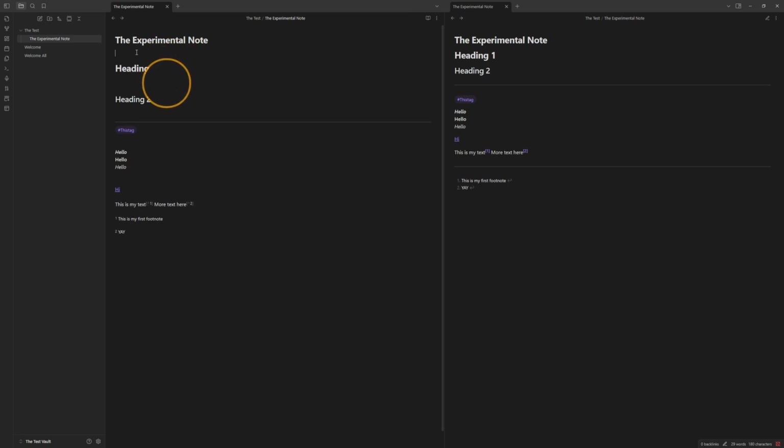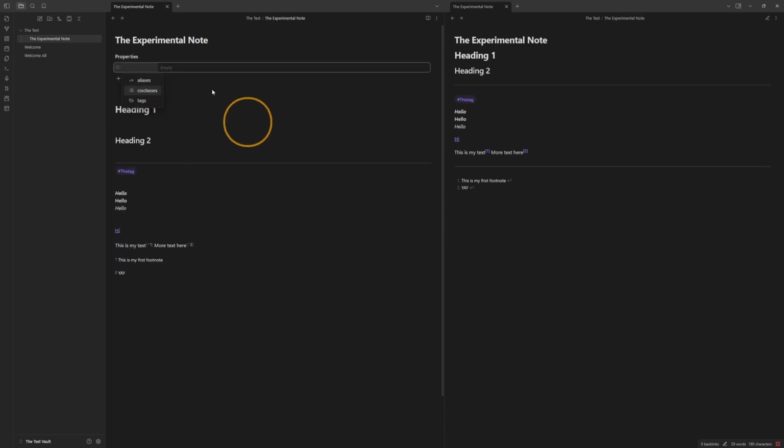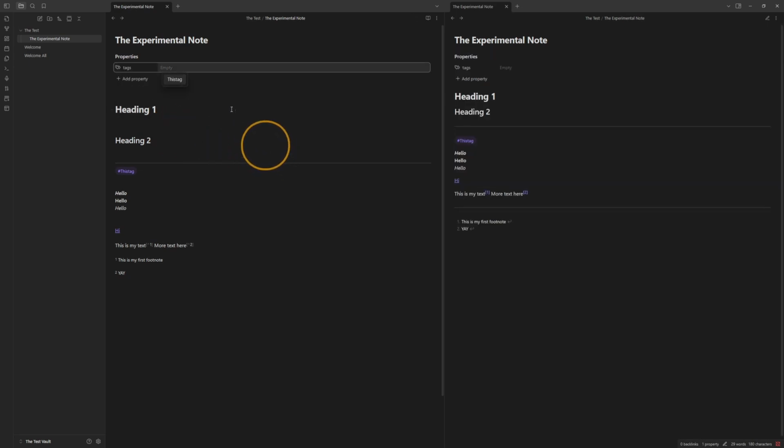Another useful Obsidian thing is properties. If you watch older Obsidian videos, you'll see this referred to as YAML or front matter, something like that. But in one of the more recent updates of Obsidian, you can just start typing /properties and add a file property. And I can say, oh, there's already a file property called tags. And look, it gives me this tag to put in right next to it. And I can create all my tags here if I wanted to. You know, look,